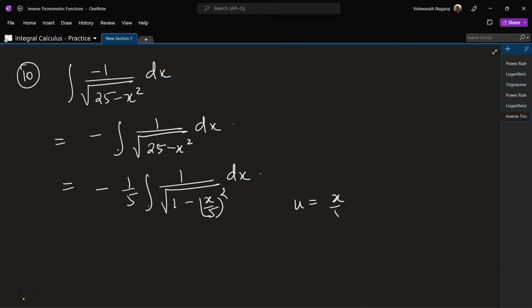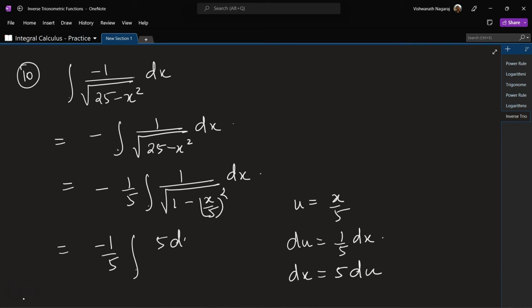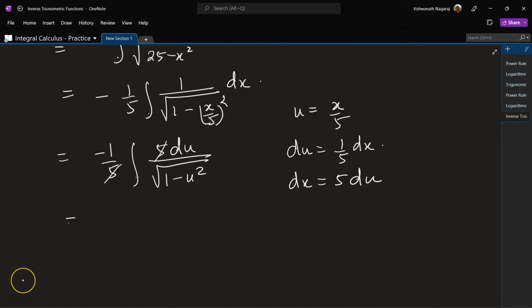So here let's do substitutions. Let's say u is equal to x by 5. So du is equal to 1 by 5 dx, which means dx is equal to 5 du. So this becomes 1 by 5, dx is 5 du by square root of 1 minus u square. 5 and 5 cancel out. And we know that this integral, that is 1 du by square root of 1 minus u square, is nothing but sine inverse of u. So minus sine inverse of x by 5